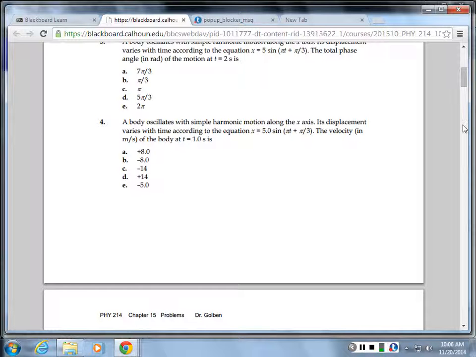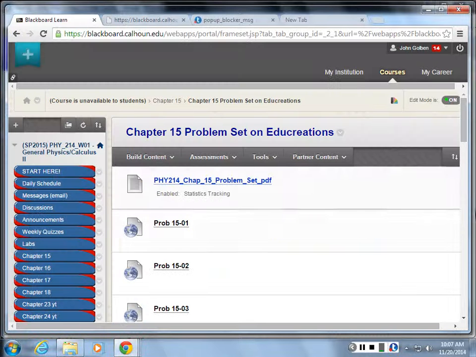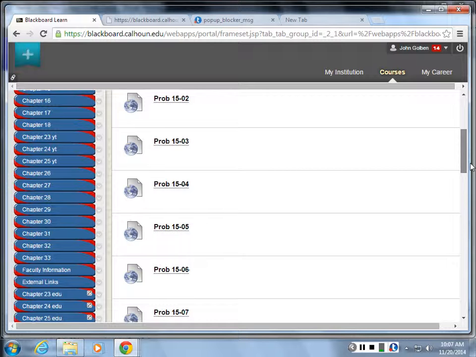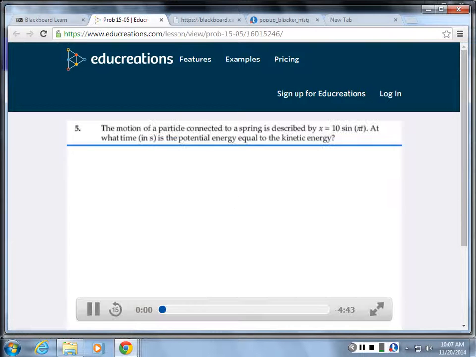For instance, here's problem 15.5. The motion of a particle connected to a spring is described by x equals 10 sine pi t. At what time is the potential energy equal to the kinetic energy? Well, we could go back in here and click on problem 15.5, and there